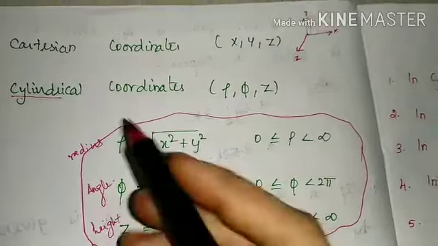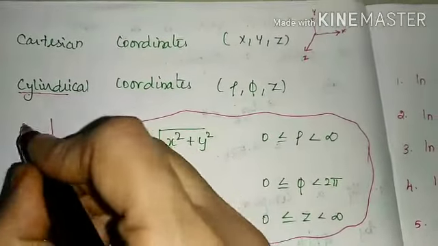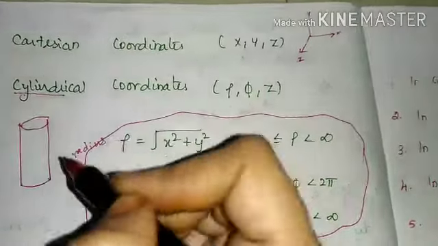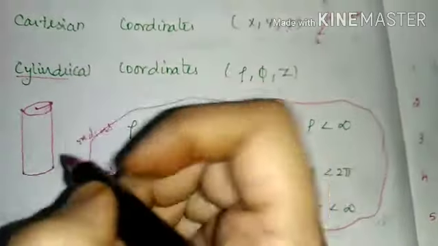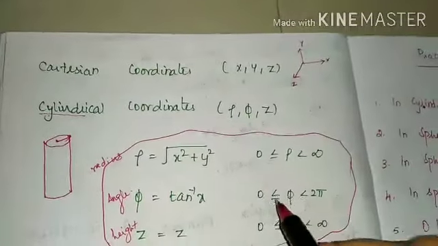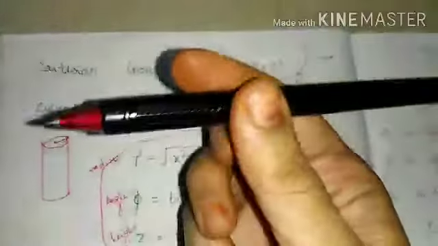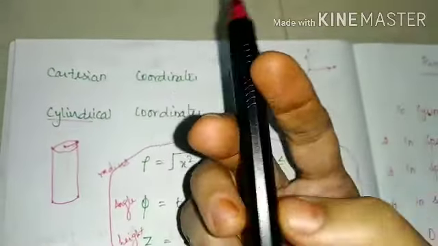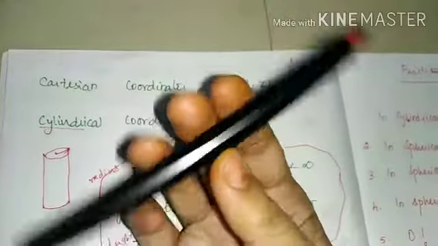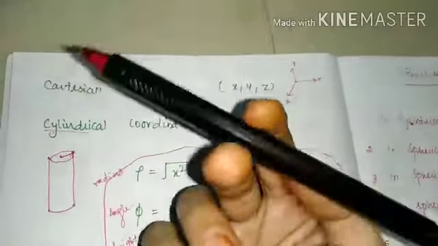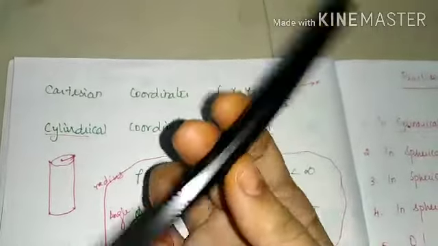This one is angle. Let us assume this is a cylinder and this is our radius. In the cylinder, this angle varies between 0 to 2 pi. 0 to 2 pi in the sense, it is varying in the horizontal manner. It varies like this. This phi is the angle in the horizontal direction. Right? It is the azimuth plane angle.